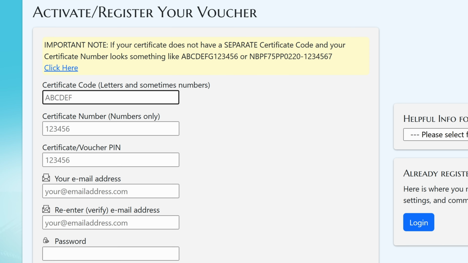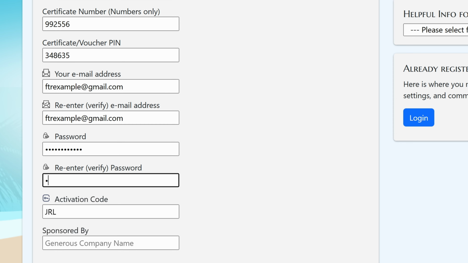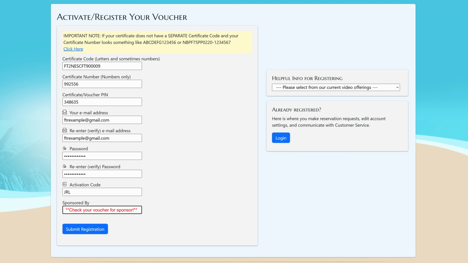Start by entering your certificate code, certificate number, the 6-digit certificate voucher PIN, and the 3-digit activation code found on your voucher. Also, enter and verify your email address, password, and enter the sponsor company. The sponsor may differ from voucher to voucher, so check yours closely to be sure you have the right one. Select Submit Registration. When you do, you should receive an automated email from